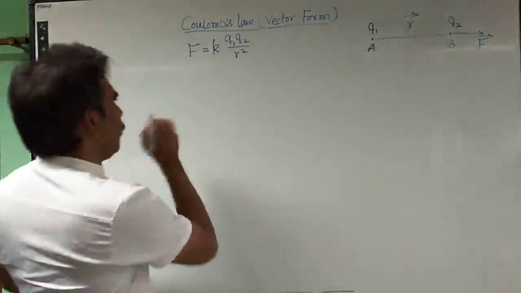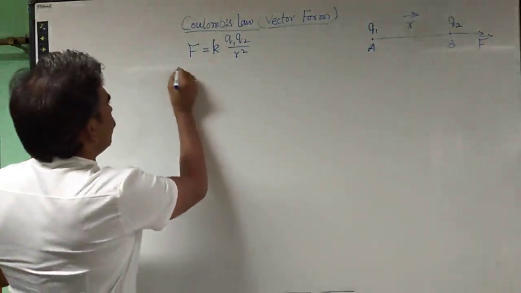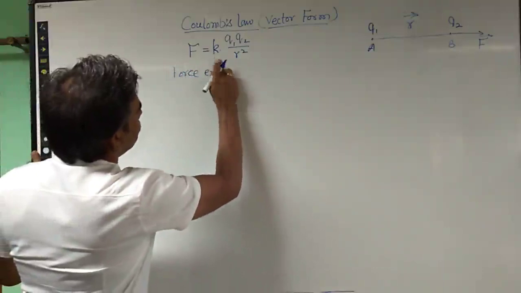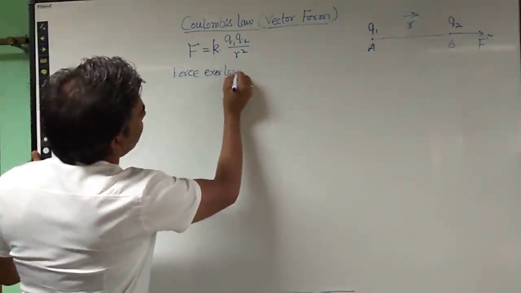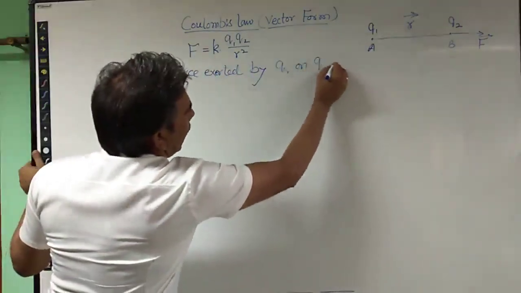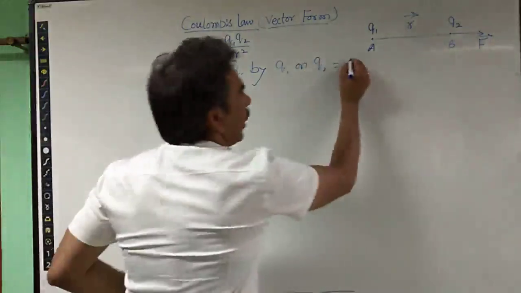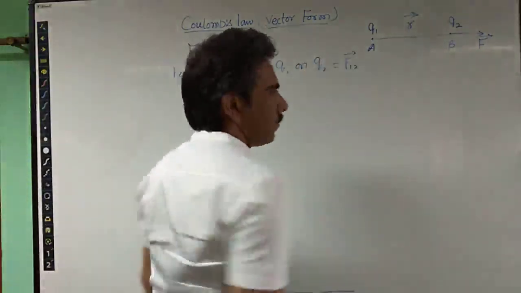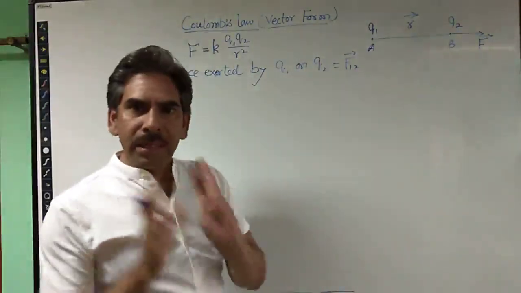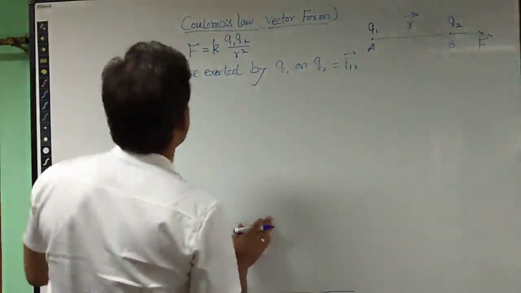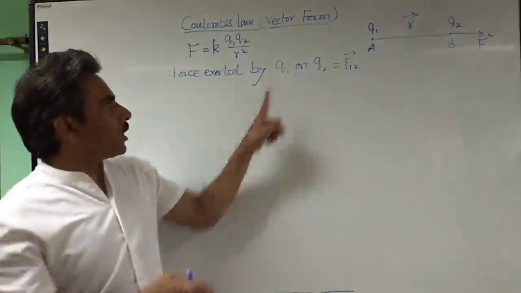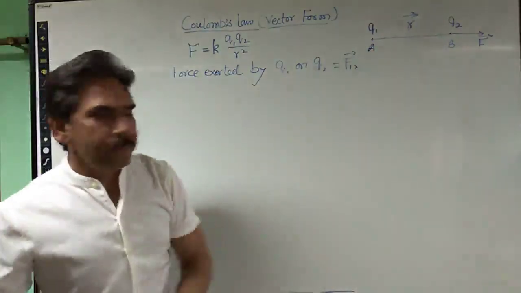Second thing, I define the force. Force exerted by q1 on q2. I am writing it as F12. You can give it the name F21, but I am writing it F12 to make it simple and remember it easily. So the first thing I am doing is representing the force which is exerted by charge q1 on q2 according to the situation.